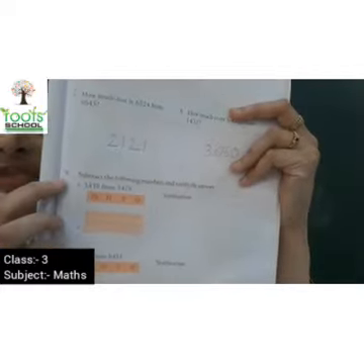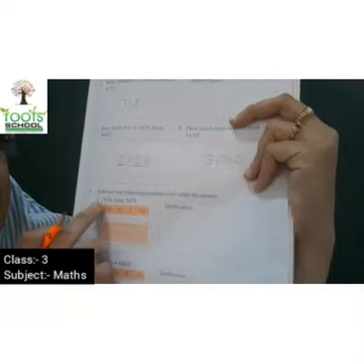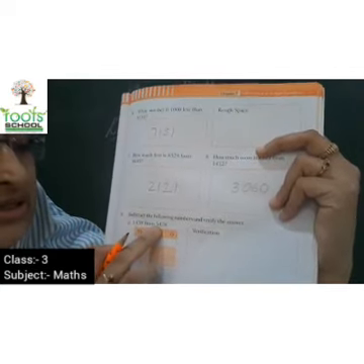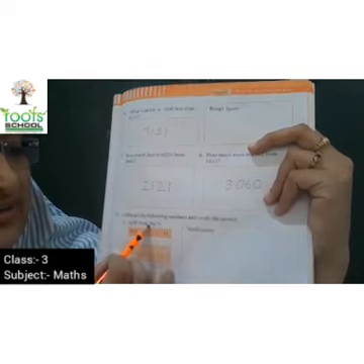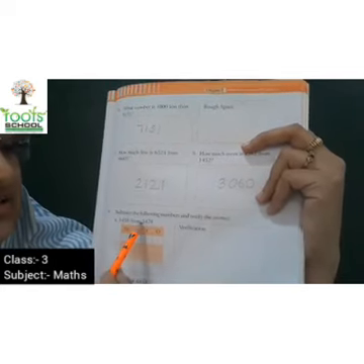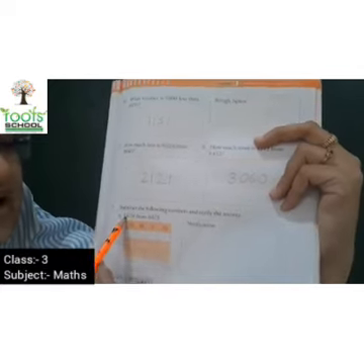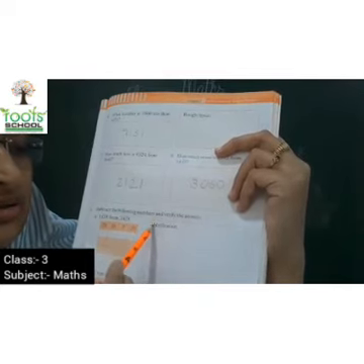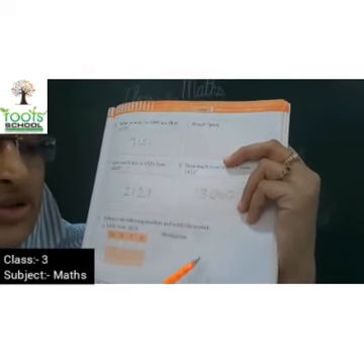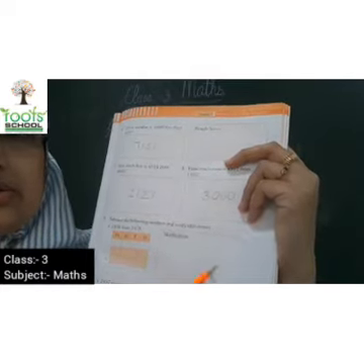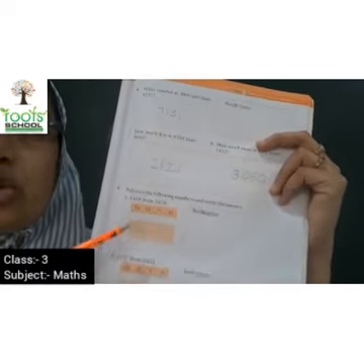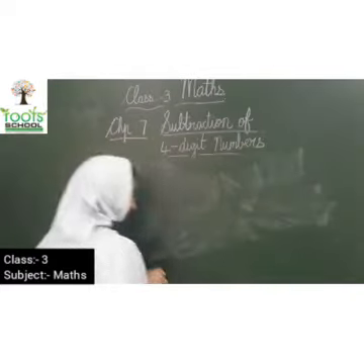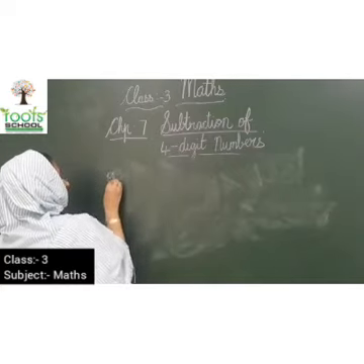Okay kids, now we will solve this sum number 9. In this we have to subtract 1458 from 5478. So which number is bigger? This is bigger. So this is going to be a minuend and this is going to be the subtrahend. Here kids, in verification you just put a cross, just cross it. Okay. Now you have to solve this sum in the table provided. So let's make a table. We are solving question number 9.